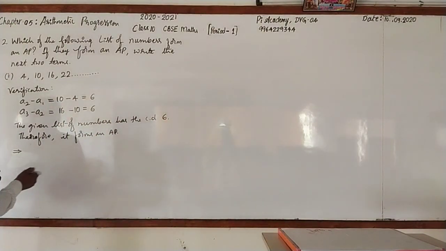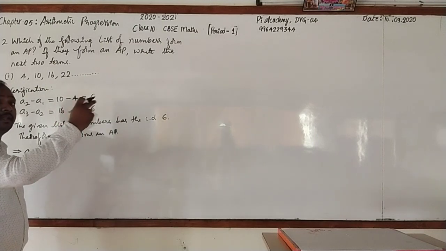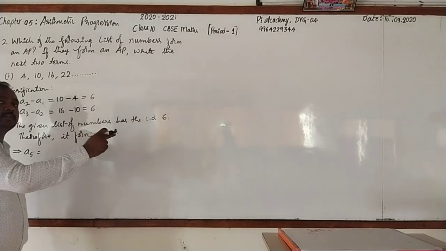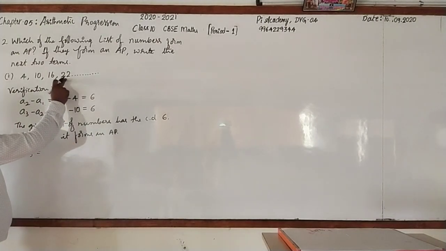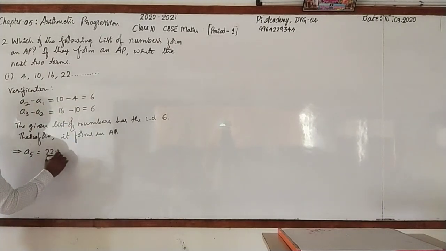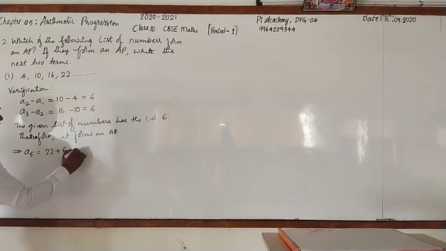The next 2 terms. Here they are given 4 terms. We have to find out the 5th term as well as the 6th term. We know that in general, in an AP, a term is obtained by adding the common difference to its previous term. Here, the 5th term should be found out. The 4th term is 22. What is the common difference? This is 6. 22 plus 6,